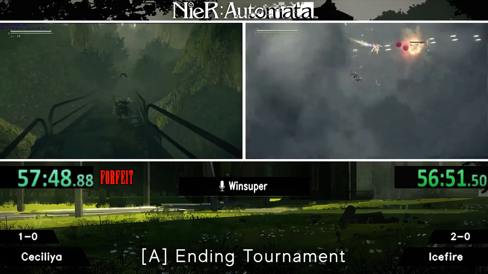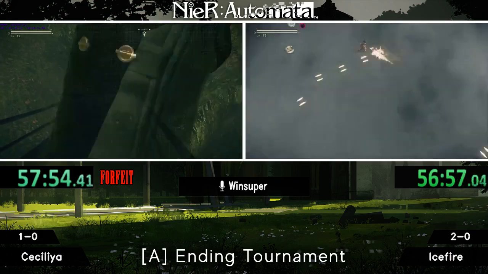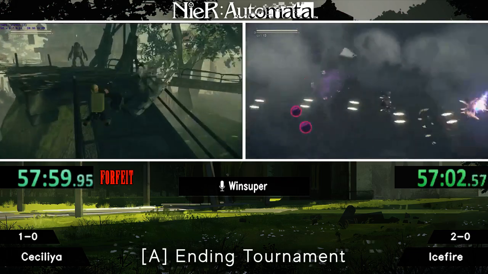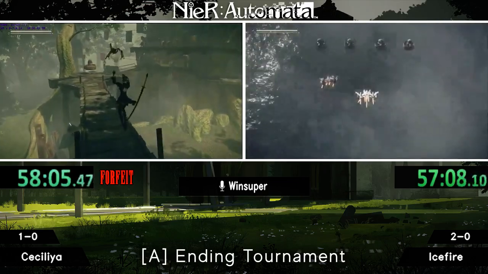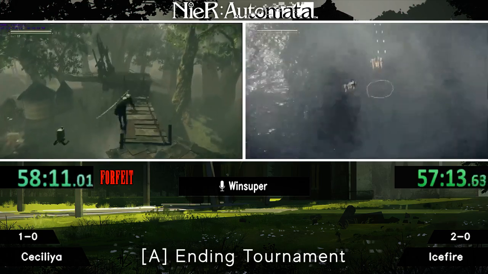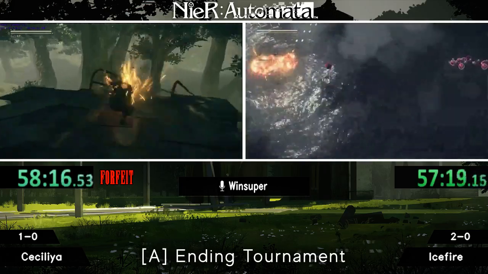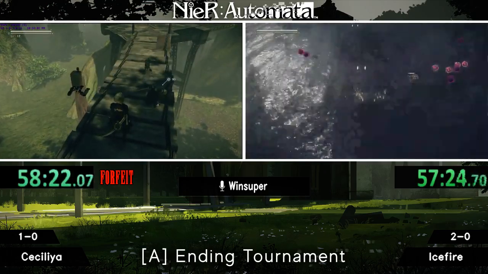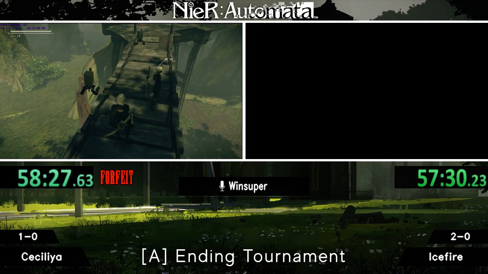So here we come up to the third shmup. This section of the shmup is similar to the others. You need to clear out the waves quickly so the next ones spawn. Coming up might be one of the less interesting parts of the game, at least from a speedrun perspective. From a casual perspective, it's good, but here coming up we have the Grim boss fight,